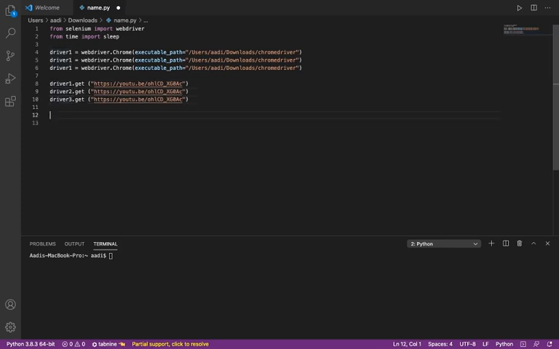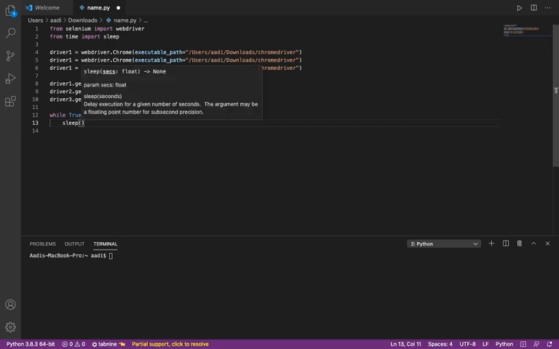Then we have to create a while loop to keep the process running, and we have to refresh the page every 20 seconds. So while True, you have to sleep for the number of seconds you want the driver to be refreshed. It should be a minimum of 20 seconds and a maximum of whatever you want. The fewer the seconds you give, the more RAM it takes.